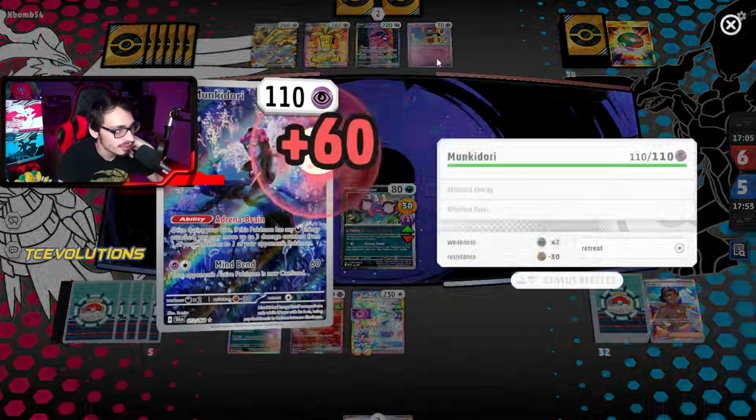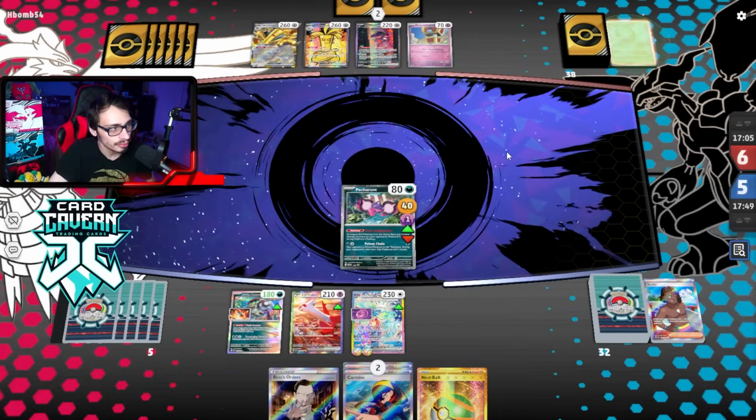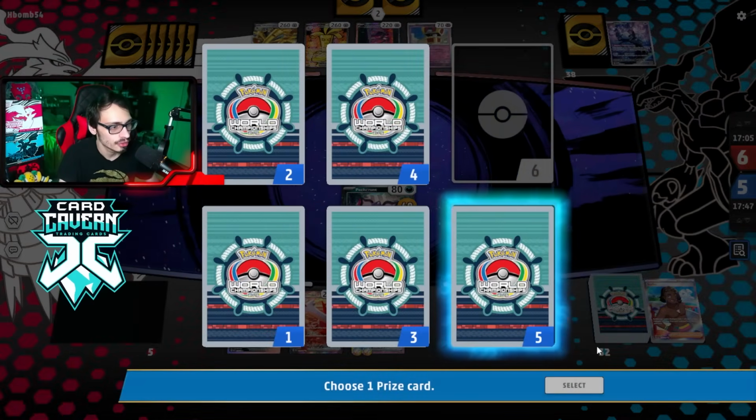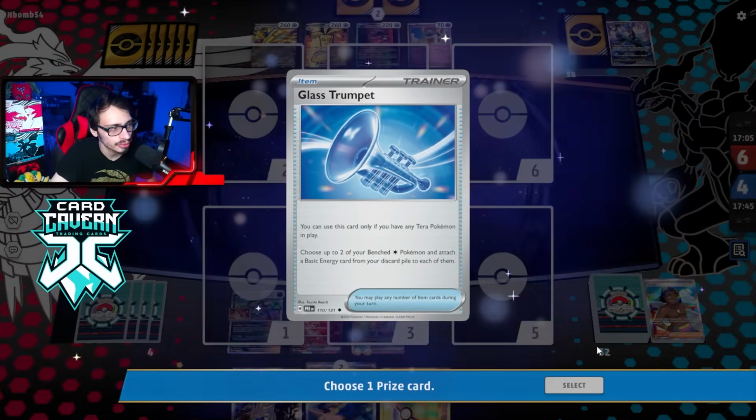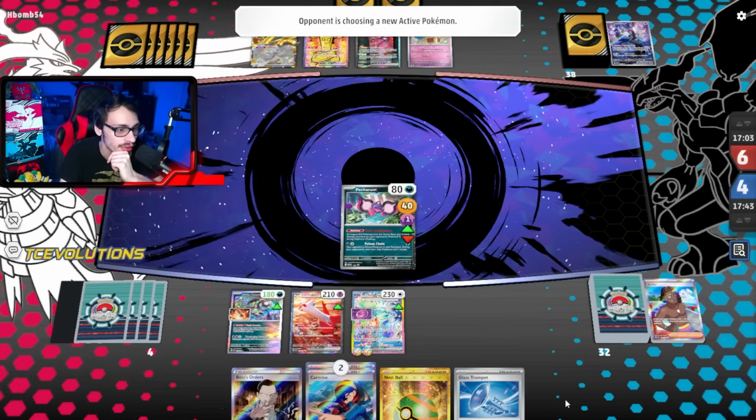Yeah, they just pass. This guy dies, so we get more damage on the board. That's pretty good. Can knock out Gimmighoul. Do I need to KO Gimmighoul, though? Trumpet's a good prize. Is there Psychic in there? There is. Yo, alright. We're definitely getting another...